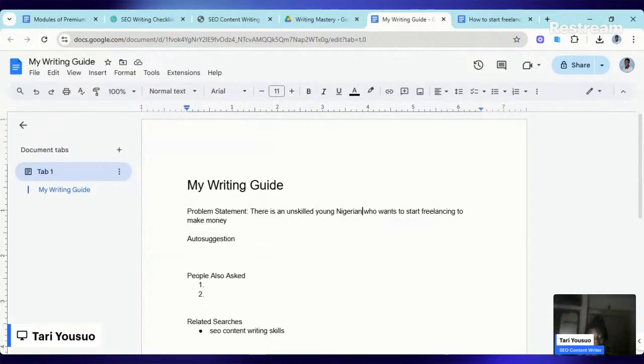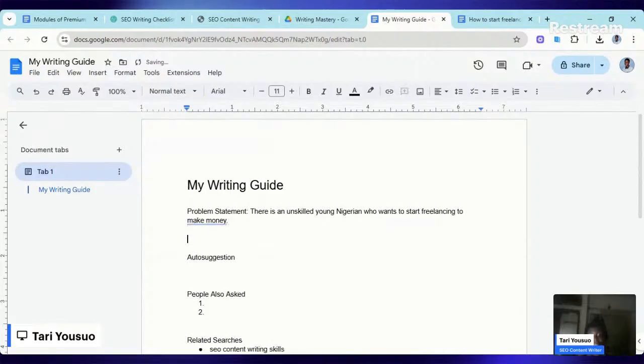So for this person, I think the person knows that there's something wrong. He knows that he needs to make money, basically. And he knows that freelancing can give him money. So freelancing is the solution. So this person, I would say this person is in the solution aware stage or decision, or the person already made the decision of starting freelancing, basically.